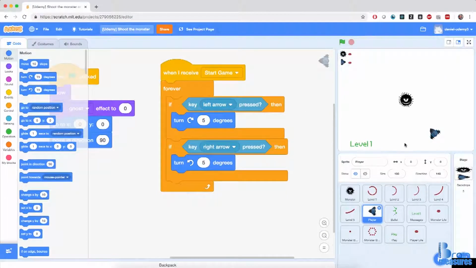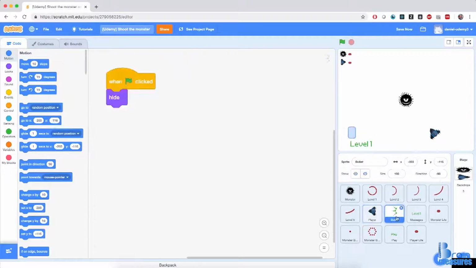So far we've prepared the start of the game, we've programmed the monster to do its wobbly, monstery thing, and we have made the player rotate around the monster. That is great. Now, I want to start focusing on actually creating bullets that will go to the monster and hit it. So I'm going to focus my effort right now on the bullet sprite,